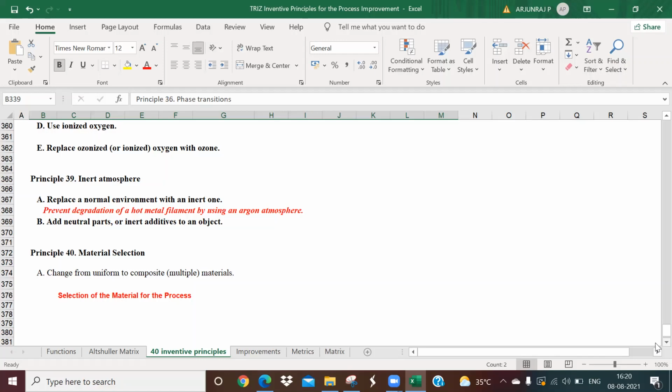Basically, our material is lime. Earlier, it was carbide. Carbide was too sensitive to moisture. If moisture contacts it, acetylene gas will form and it will blast.